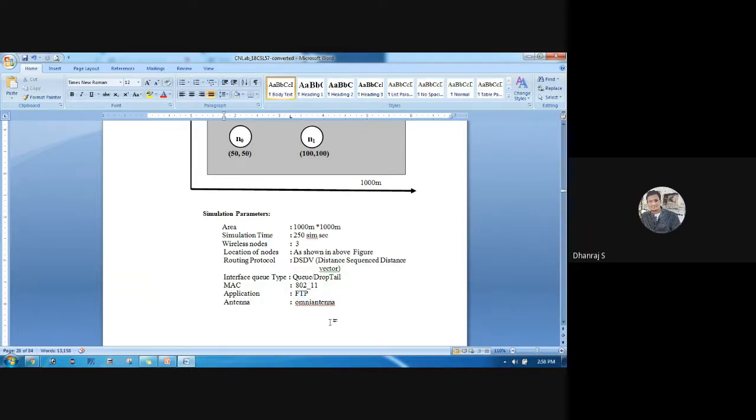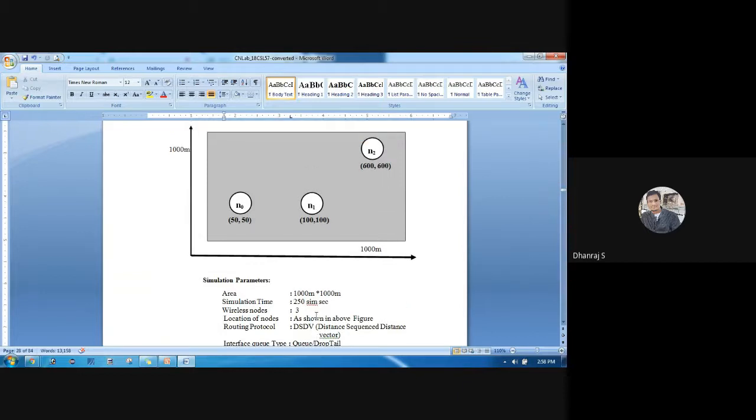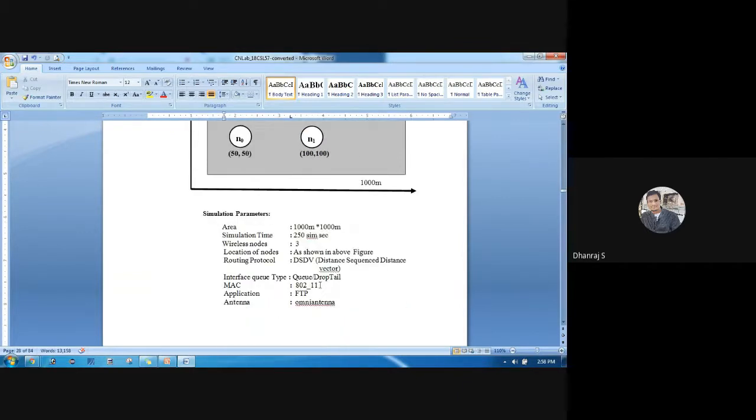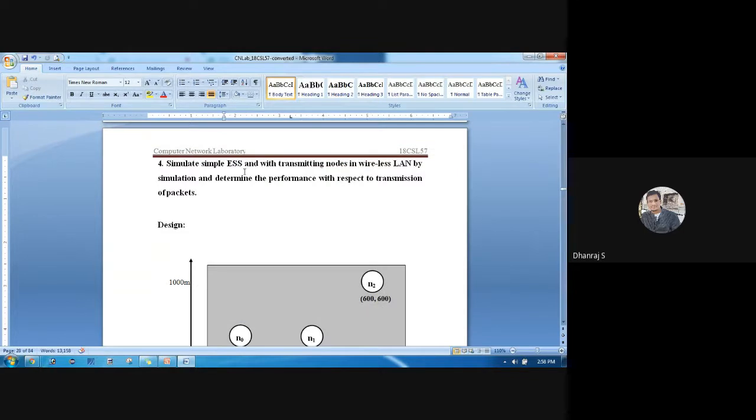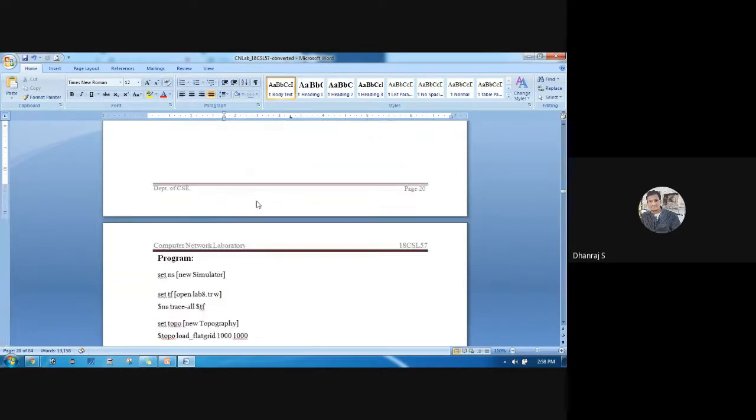And the type of antenna is an Omni antenna, which, as I told, covers 360 degrees. These are the simulation parameters we are setting in order to simulate this simple ESS.